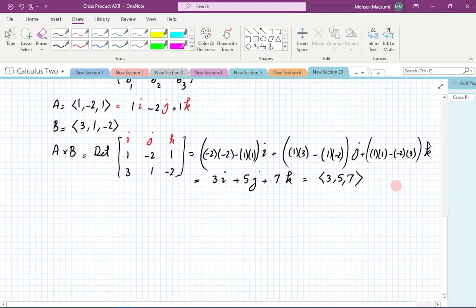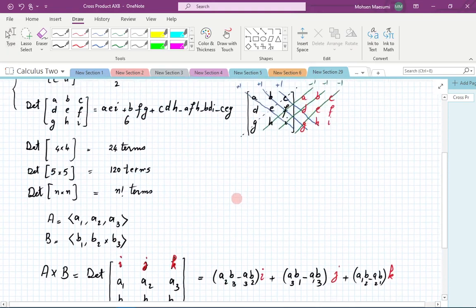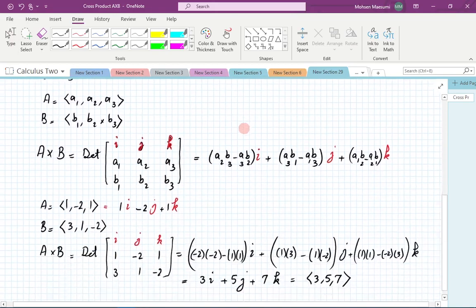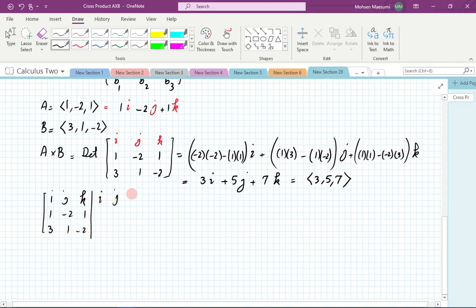What if you wanted to apply the notation we had here for duplicating your matrix? Well, let's do it that way as well. So if I have i, j, k, 1, minus 2, 1, 3, 1, minus 2, I just copy it. i, j, k, 1, minus 2, 1, 3, 1, minus 2, and then this one, this one, this one,